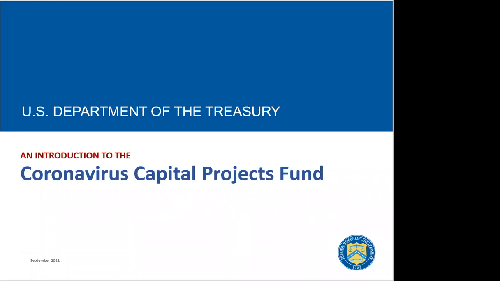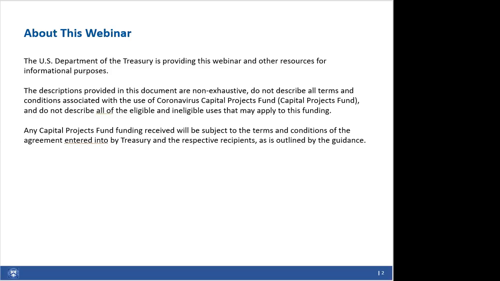We appreciate you spending the next hour with us as we provide you with an overview of the Capital Projects Fund guidance and application process, as we outline key dates and milestones and answer a few questions that you submitted about the program. Treasury launched the program on September 20th by releasing the guidance for recipient governments, which provides key details on the use of funds and the application process. And we opened the application portal on September 24th. Keep in mind that today we're summarizing the guidance, so naturally we won't be covering all of the details here, but we encourage you to read the full guidance.